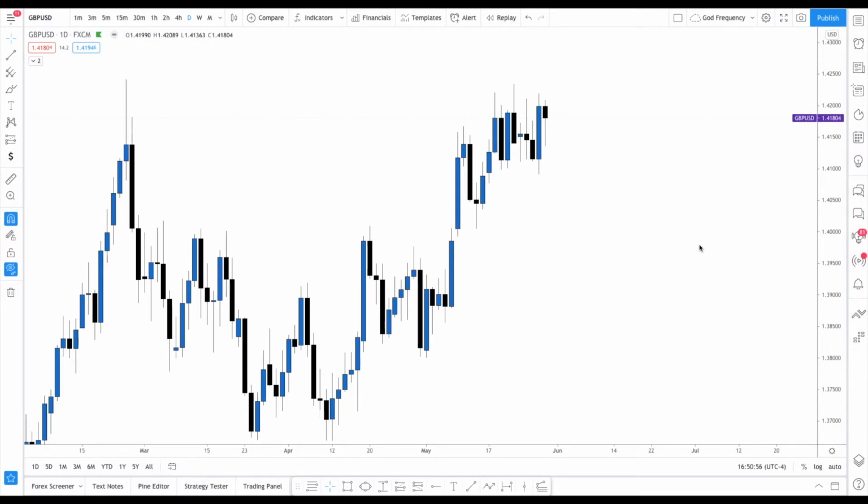This is where I really live, on the daily chart, just to give me my overall directional bias and a good idea of where that institutional order flow is. Right now, at a glance, I can already see we've been pretty bullish. We've been on a strong bull run, and based on a lot of other things like seasonal tendencies, I've been bullish on the pound for the majority of May.